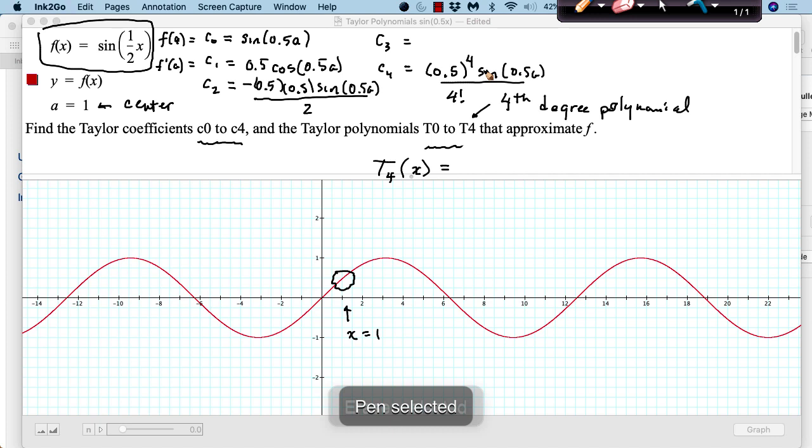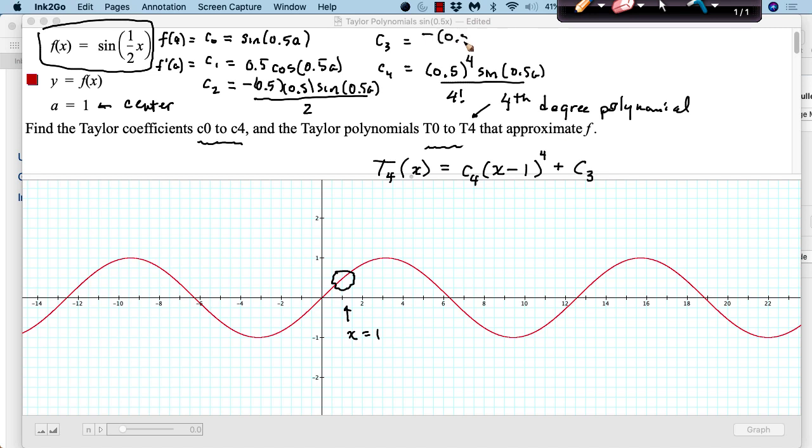We already wrote what C4 was, so it'll be C4 times x minus a to the fourth. I'll put the ones in now, so it'll be x minus 1 to the fourth. Then what we got for C3, and let's do that quickly. C3 should have been 0.5 cubed cosine 0.5a all over. That should have been your C3. So it'll be C3 times x minus 1 cubed plus